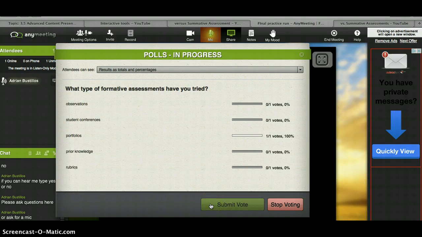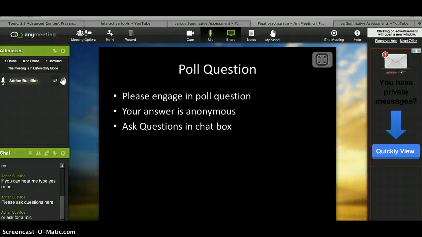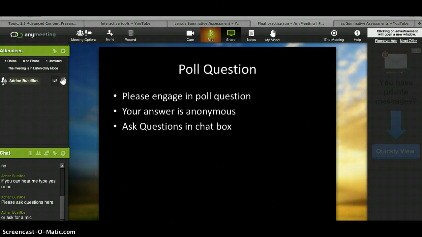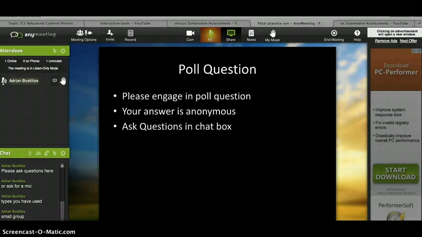I see some person has put portfolios on here. Thank you for participating. And at this time, if you can go ahead in the chat box and place some type of assessments you've used. Okay, I see someone put small group. Now at this time, go ahead and use a private chat, select one of the members in attendance, and explain to them what type of assessment you use and how come you used it.